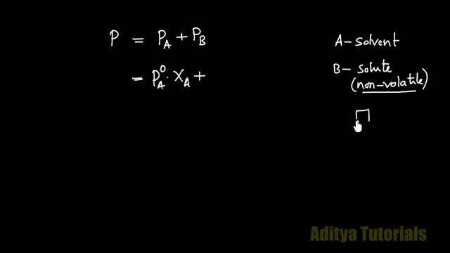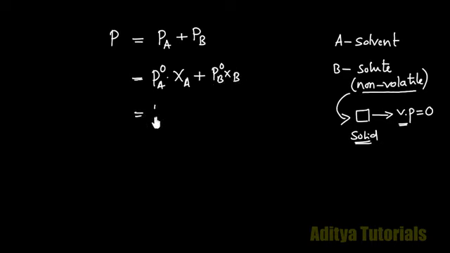So here, the solute does not have any vapor pressure, therefore vapor pressure is equal to 0 for the solid. Remember, it is because it is a non-volatile solid. So if it is a non-volatile solid, the vapor pressure of this solid is 0. Therefore P naught B into xi B, and we get here P naught A into xi A. This term becomes 0 because the vapor pressure or partial pressure of this solid is 0.